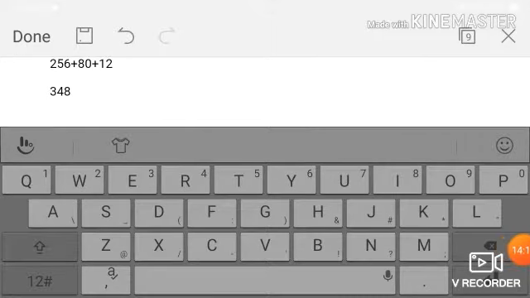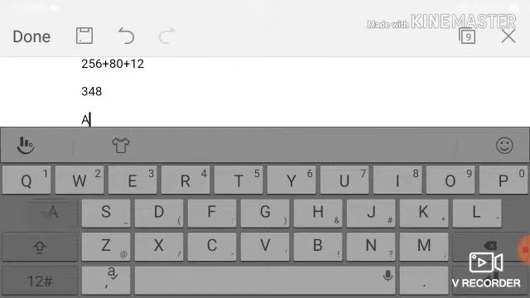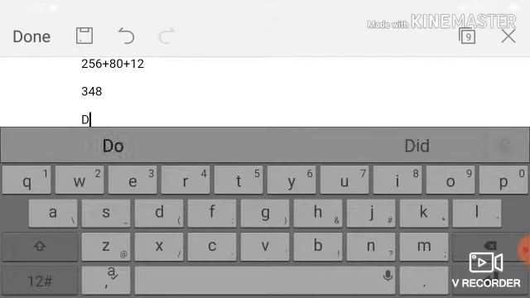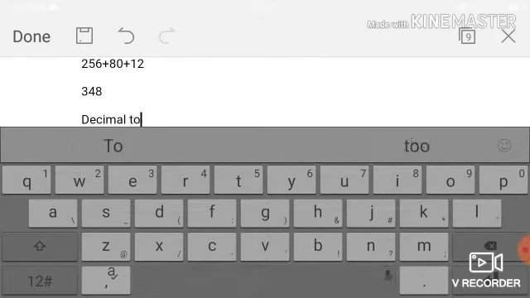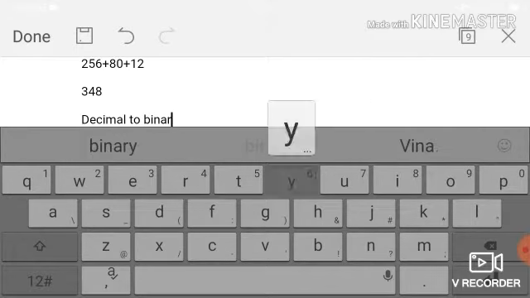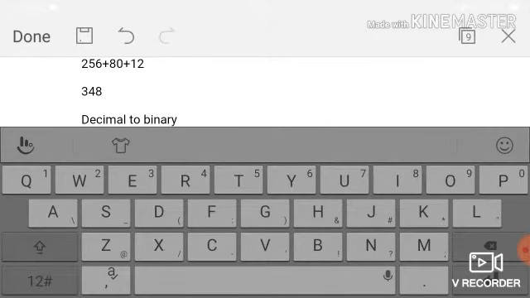So now we're going to cover subtraction in converting a decimal to binary. So, decimal to binary. In doing this, we're going to use the exponents of 2. So this will be the